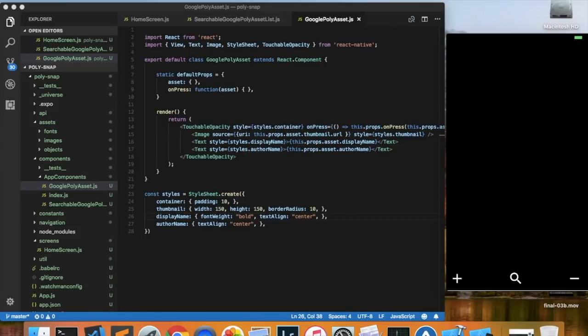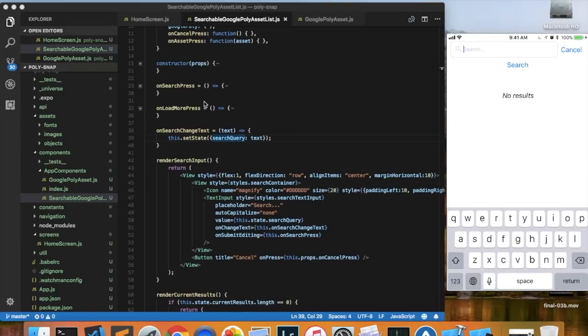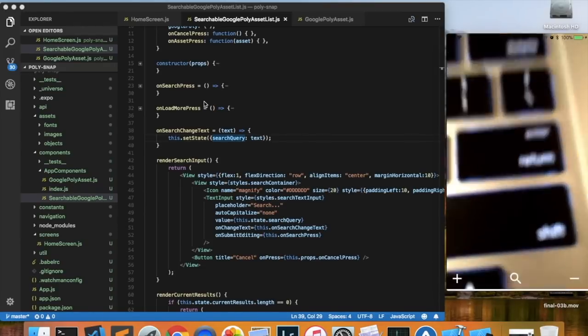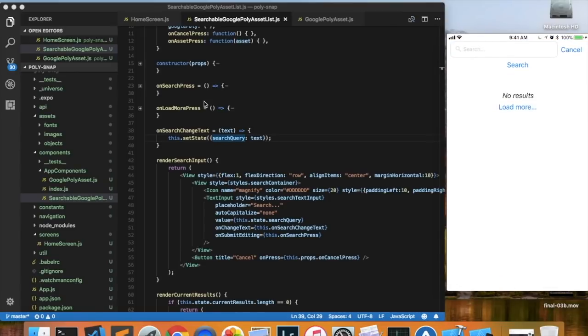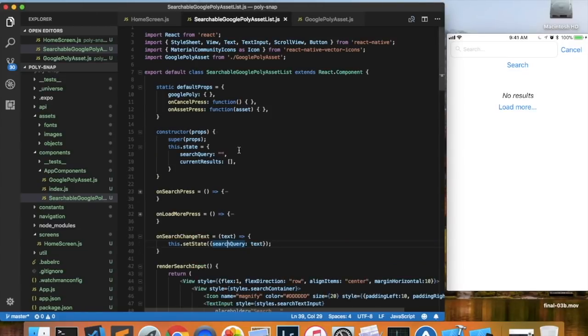And keep trying to click that. Okay, perfect. All right, and there's a bug I want to fix, which is when we search for something such as dog, we get the results, and if we cancel the search and then bring it back up, the results are no longer there, but we have the load more button, and I believe the problem for this is that we're not correctly initializing our current results array, which is in our state, which you'll find in the constructor. So instead of initializing it to a blank array, I think we should set it to